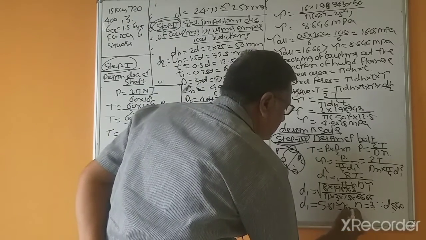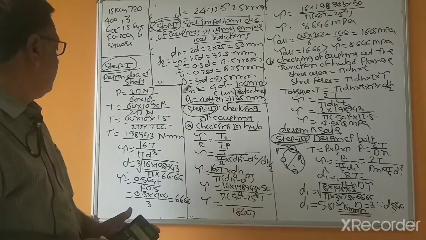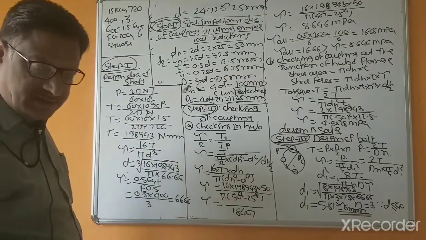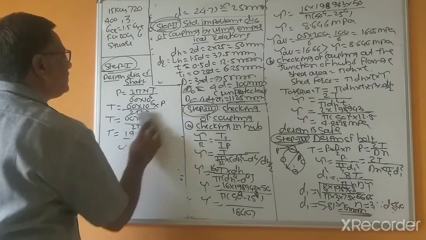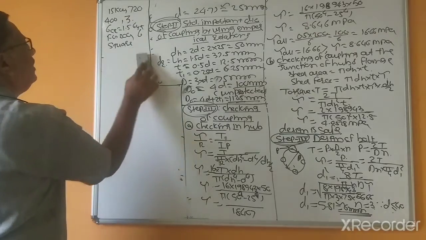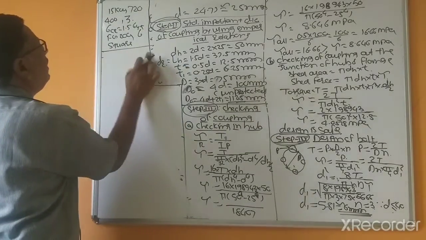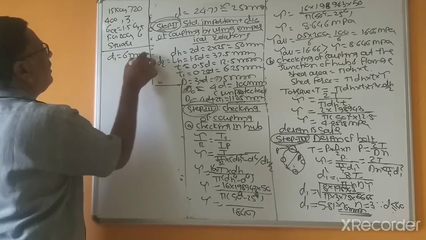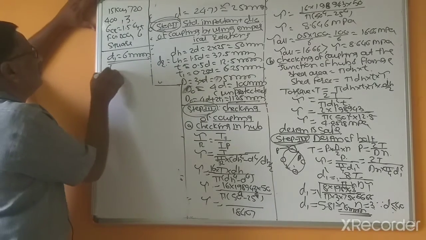Suppose I increase this to 6 mm. I can erase this space because we require space for design above the key also. That's why D1 equal to 6 mm. Now checking up of the bolt,